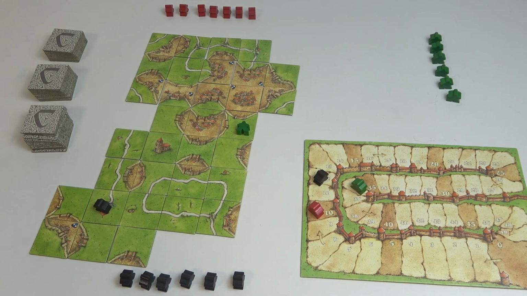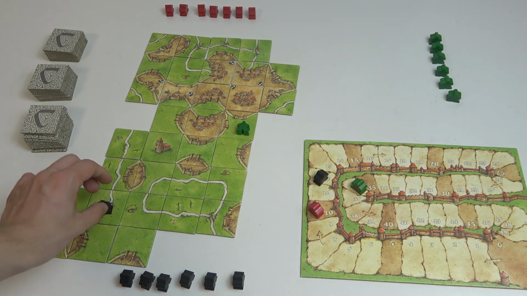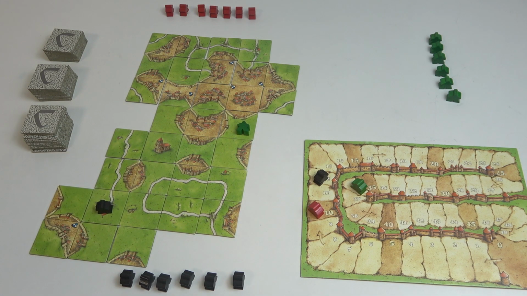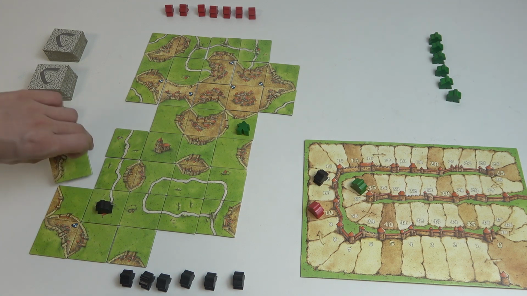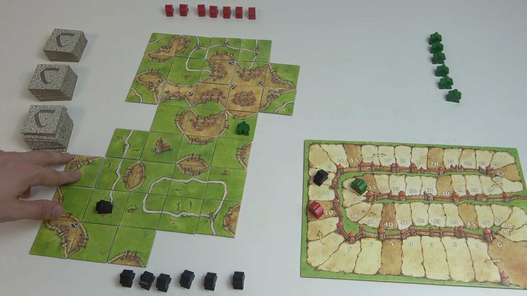As you can see, I have two cloisters on the map. One is occupied by the black knight and one is unoccupied. And to finish a cloister, it has to be surrounded by 8 land tiles on every side of the cloister. So now it's surrounded by 7 tiles, and when I finish it like that, then the black monk scores